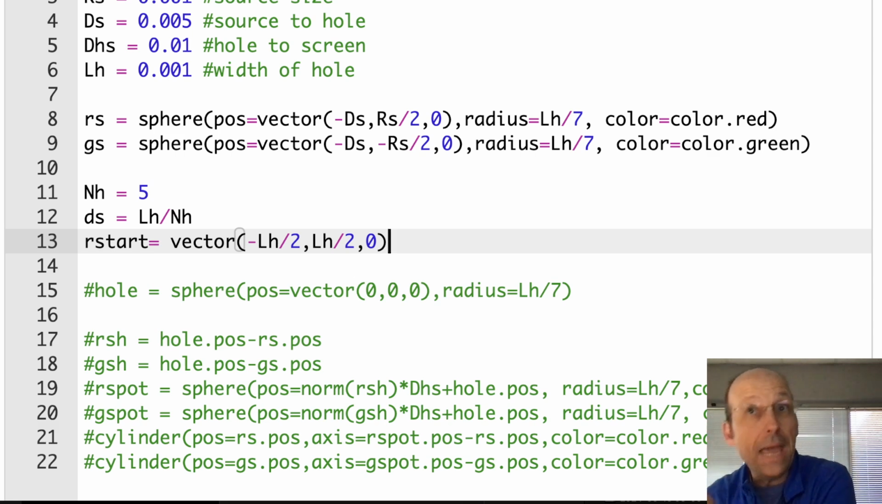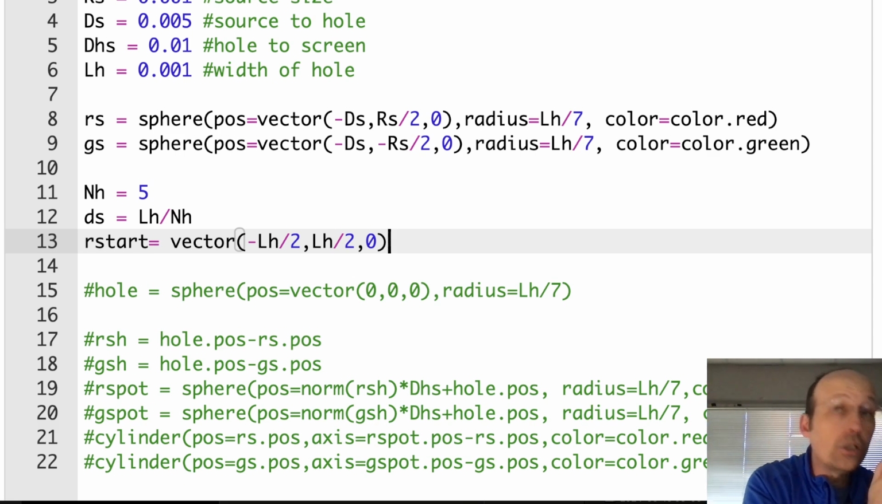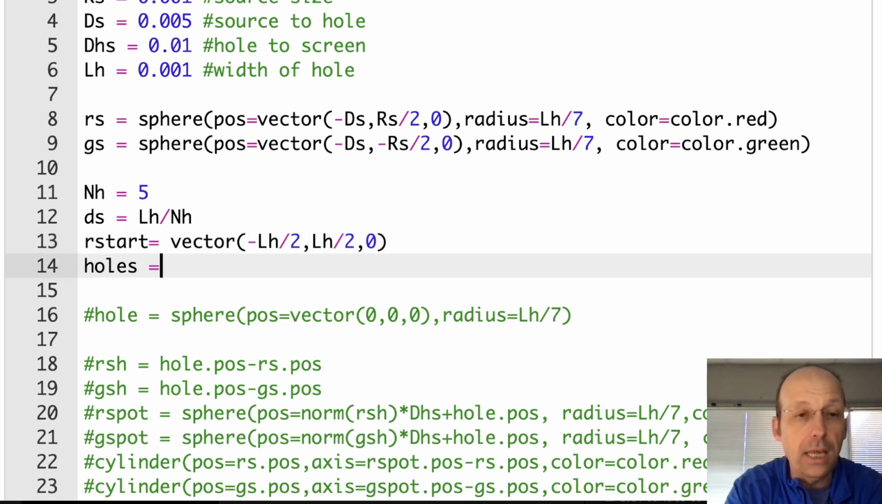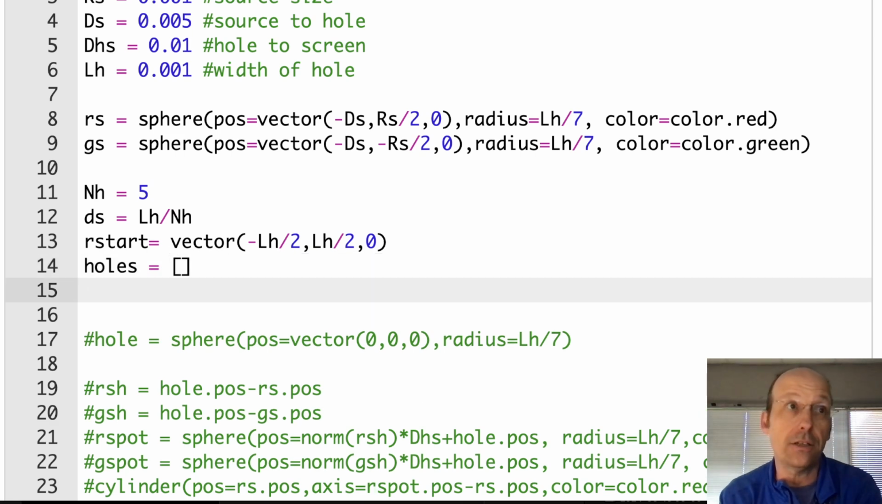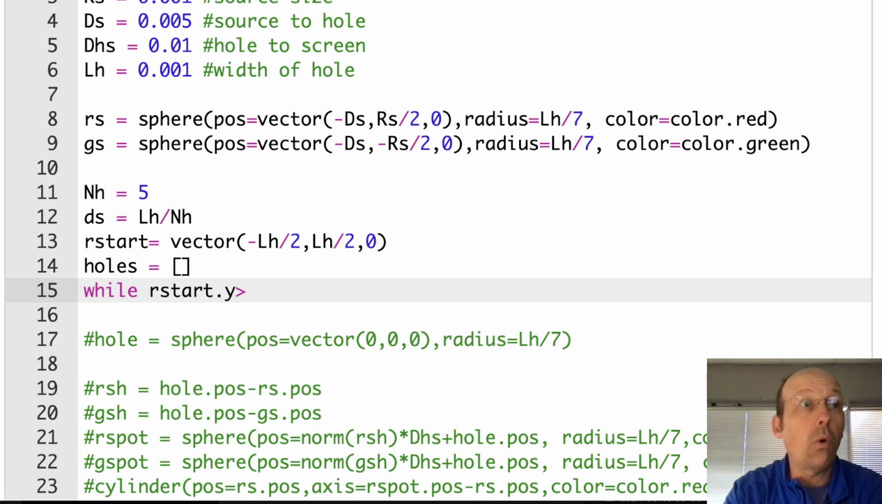Now, I'm going to make a hole, and I'm going to add it to a list of holes. I don't want to just print them all out. So I'm going to actually make holes as an empty list that I can add stuff to. Okay. While rstart, I don't know why I called it rstart. rstart.y is greater than